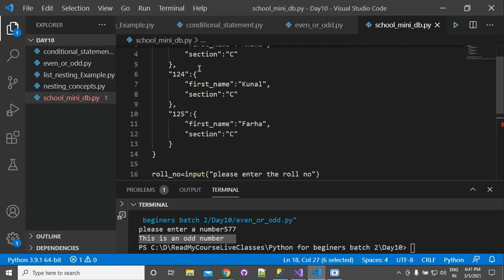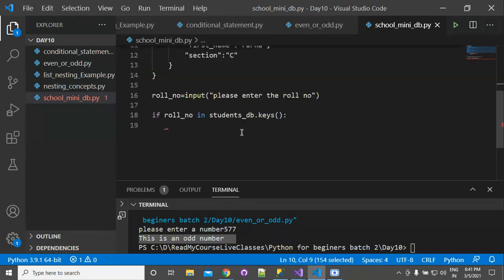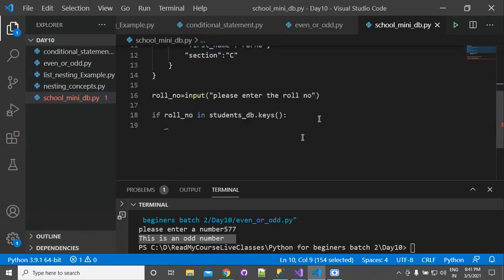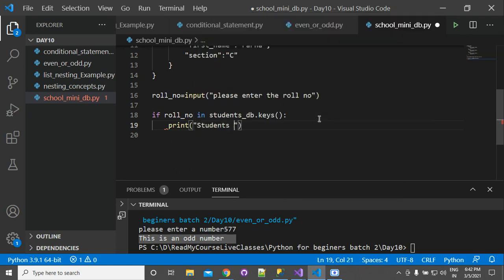It will give you all the roll numbers, or all the keys, that are present in this dictionary. So we are simply writing if roll number in all the keys. Okay, this program is equivalent of this. So, student is present in database.